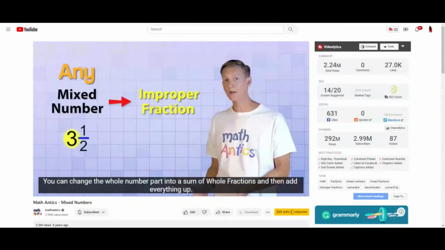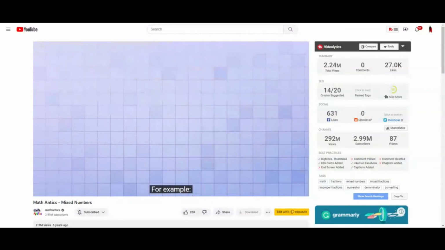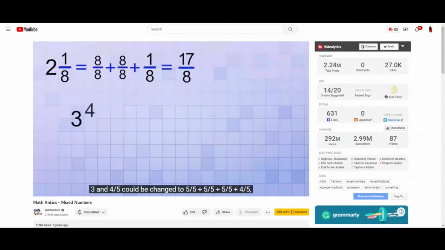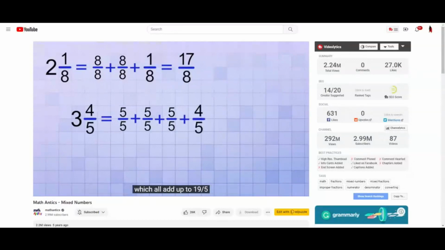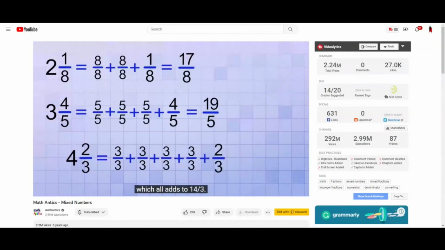You can change the whole number part into a sum of whole fractions and then add everything up. For example, 2 1/8 could be changed into 8/8 plus 8/8 plus 1/8, which all add up to 17/8. And 3 4/5 could be changed to 5/5 plus 5/5 plus 5/5 plus 4/5, which all add up to 19/5. And 4 2/3 can be changed to 3/3 plus 3/3 plus 3/3 plus 3/3 plus 2/3, which all adds up